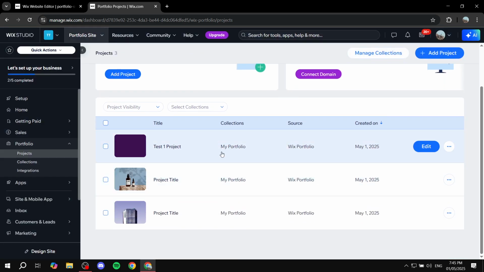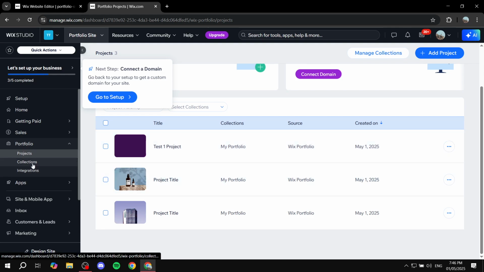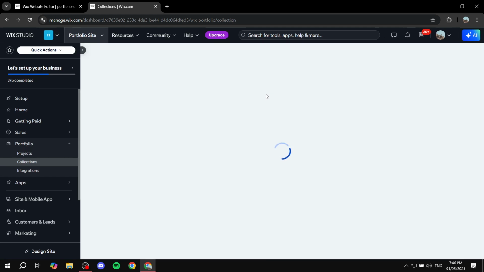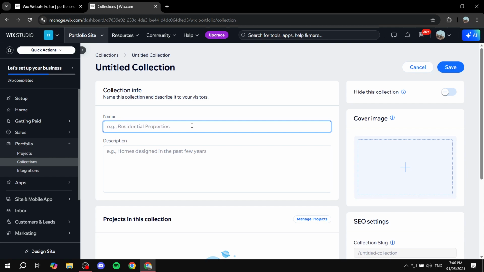Now, let's say we also want to start creating collections. That's also a possibility. A collection is going to be a larger part of things. So you can add projects into different collections. For example, if we create one collection here, so we already have one with all the projects, but we can create another collection, let's just name it